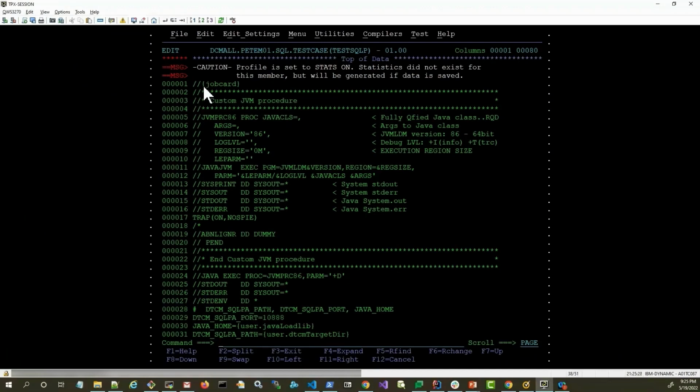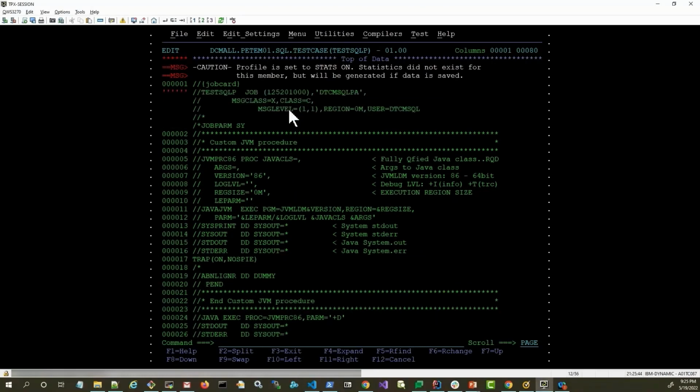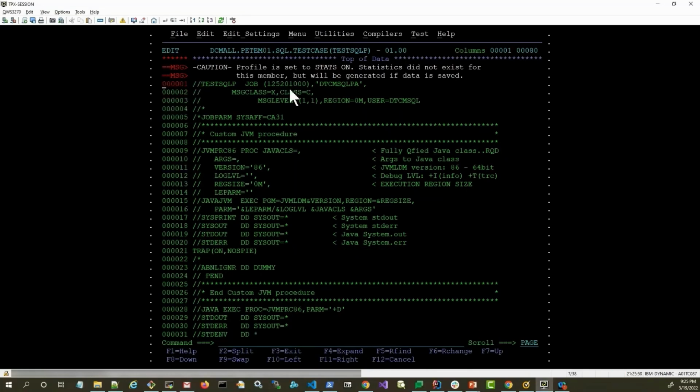Update the JCL template to meet your site requirements. The job card has to be replaced with a valid job card for your site. So let's update that. And then, when that's updated,